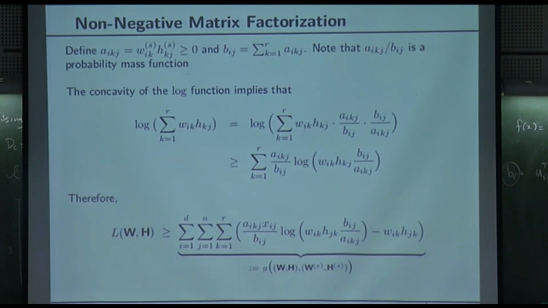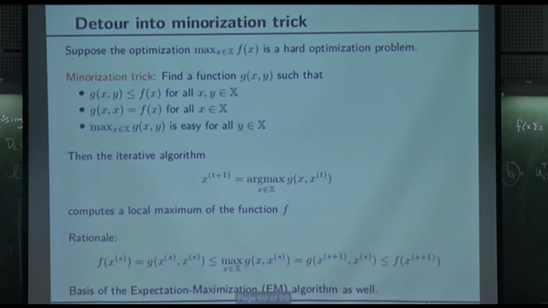Now note that Aikj over Bij is a probability mass function, because for different values of k this is non-negative. I normalize it by the sum, so you end up getting a probability mass function. The concavity of the log function means something. So here's what we are going to do. I have the summation of k going from 1 through L, Wik Hkj. Why do I care about this? Because this is exactly